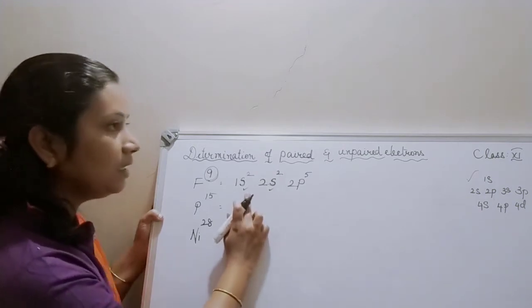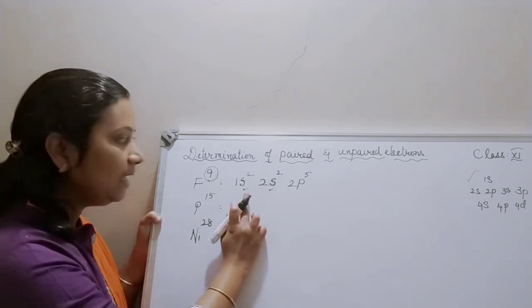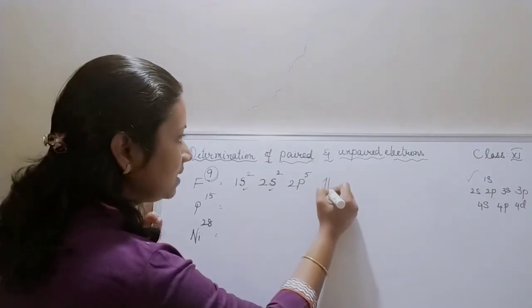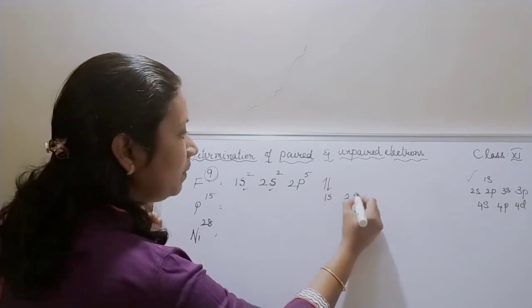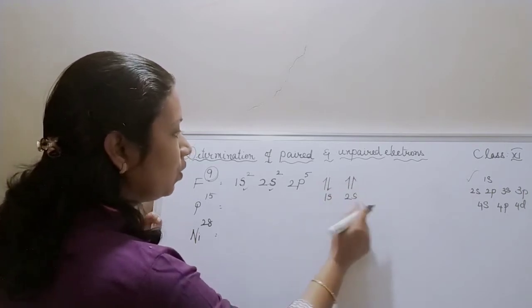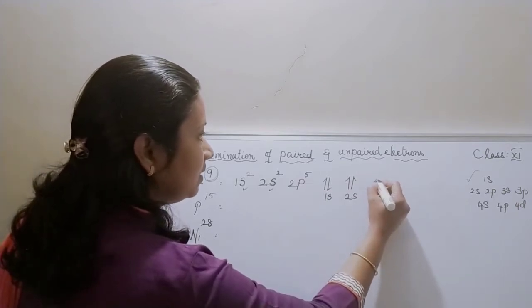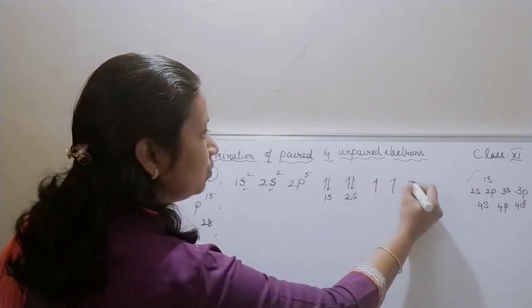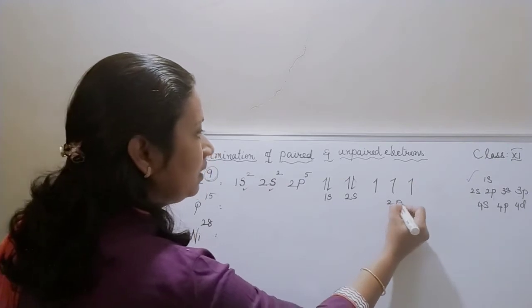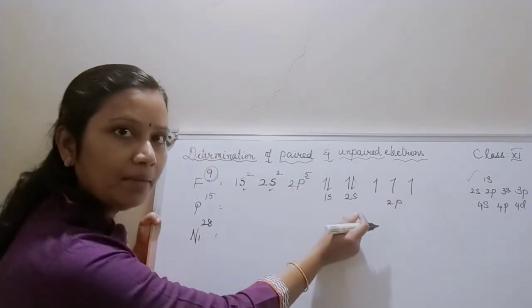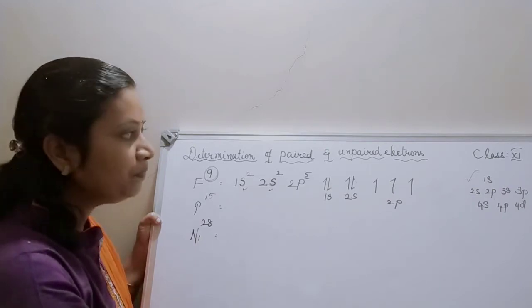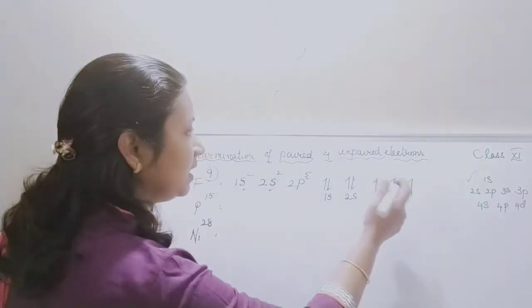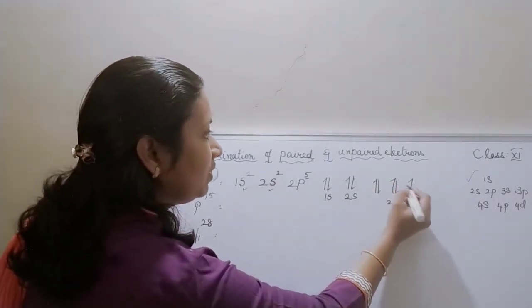Now let me check the number of electrons present in each of these orbitals. S is completely filled and now I have to check with P. This is 1s completely filled with 2 electrons. This is 2s completely filled with 2 electrons. Now the P shell has 3 orbitals: 1, 2, 3. This is 2p. I need to fill 5 electrons. I am supposed to fill as per Hund's rule, like each orbital should have at least 1 electron each. So I have filled 1 each and then I am coming back. So the remaining 2 can be filled like this.